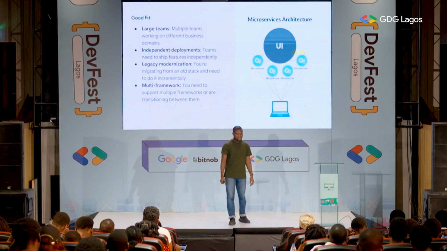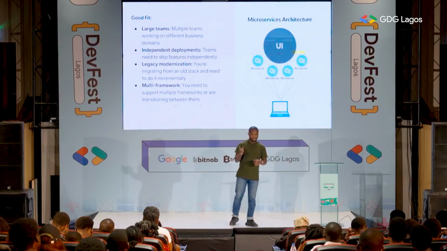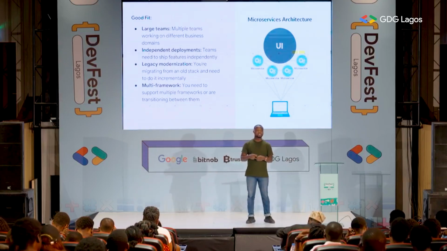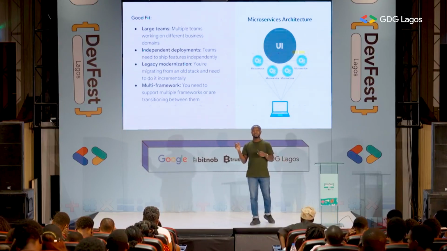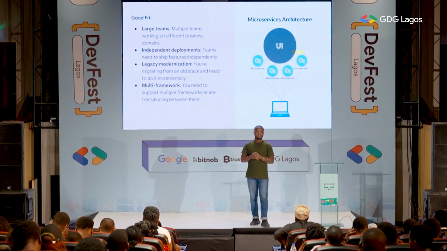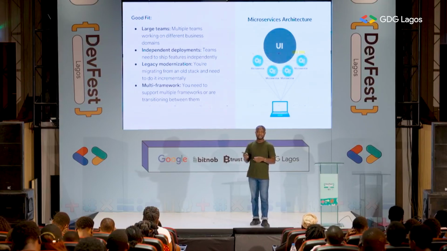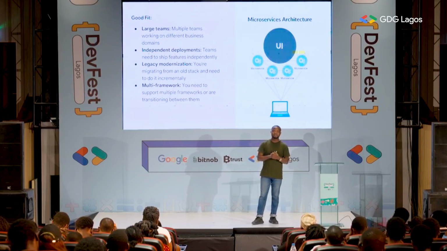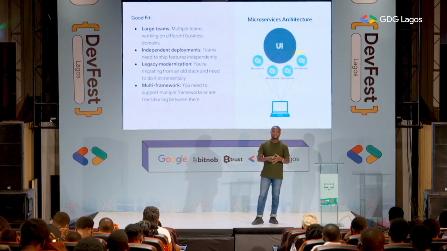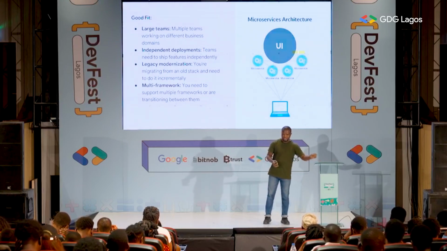Good fits: micro frontend is good for large teams. For instance, as I mentioned, if you are working for a company like Amazon or Google, they will have a lot of micro frontends. Independent deployment: for instance, you want to build a fintech application, and within a fintech application we always have stuff like disbursement, transfer,